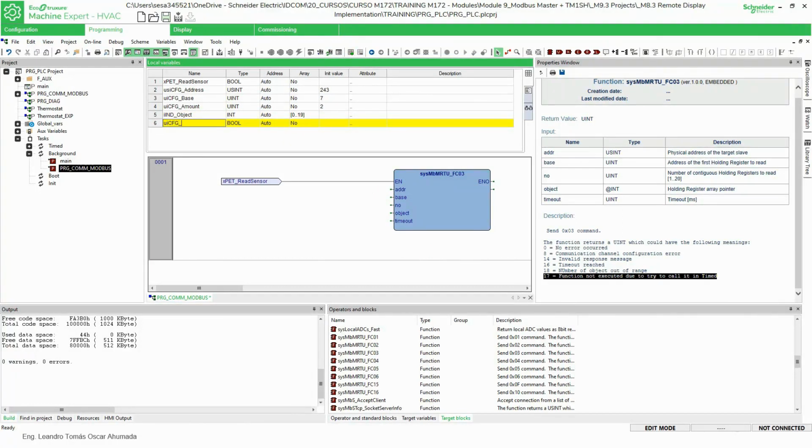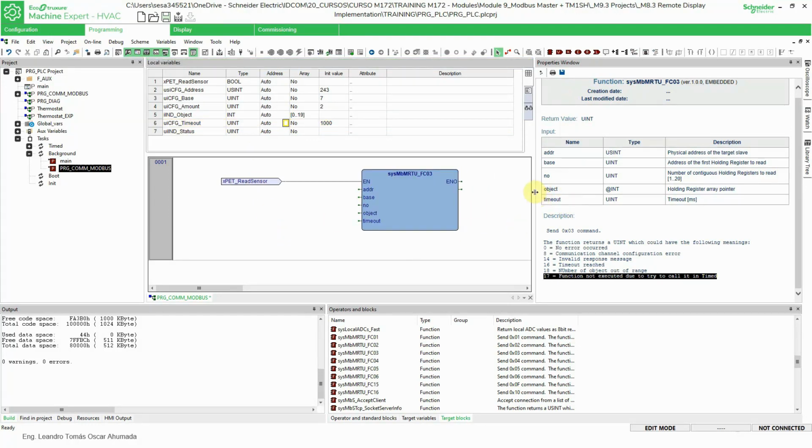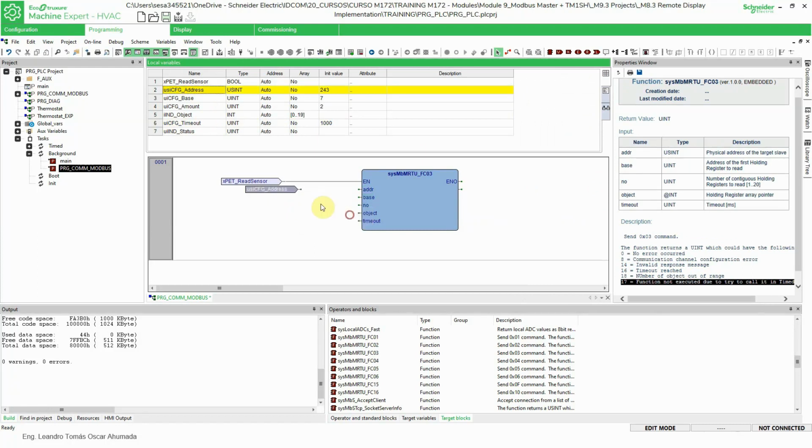Let's configure the timeout. Integer, the timeout will be just 1 second, which is 1000 in milliseconds. As you can see here, timeout. And another one should be for indication of the execution of the function block, indication underscore status. This one missed. There we go. So now the easy part, just drag and drop all the values here: input, base,